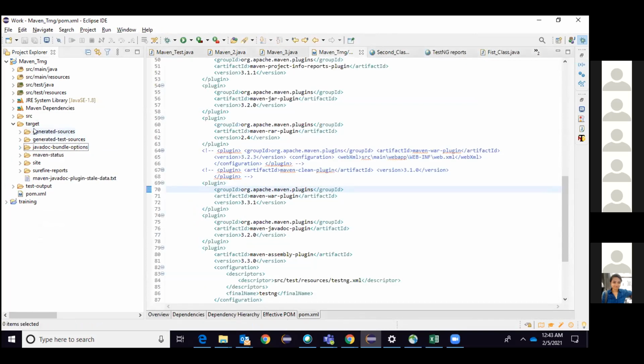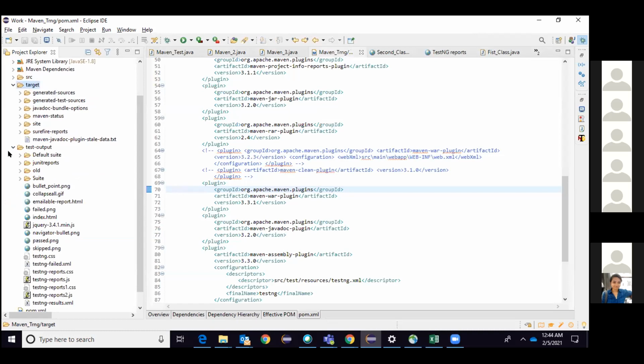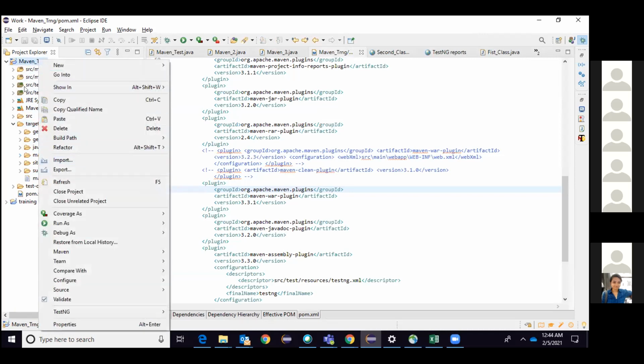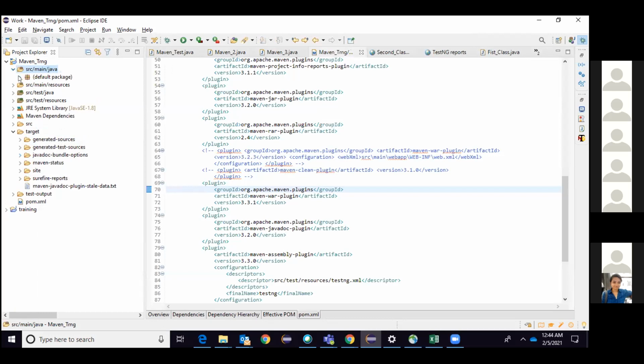And I got one more folder called apidocs.